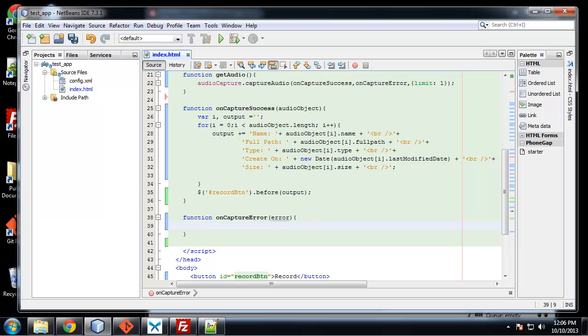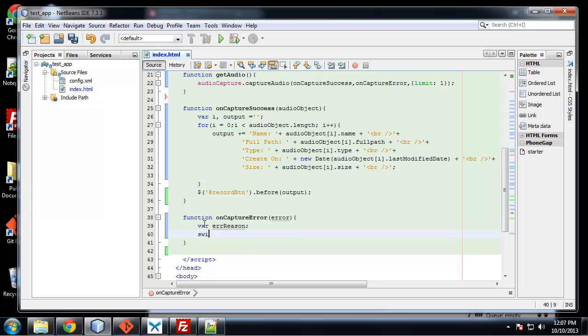And there's different codes that we can use, different error codes to let the user know what's going on. So let's create a variable called error reason. And we're going to use a switch statement, and we've done this before with error codes. So this is going to take in error.code,